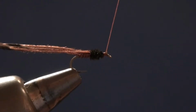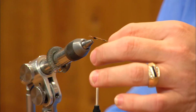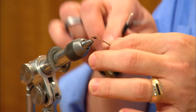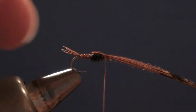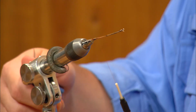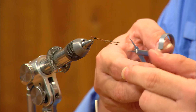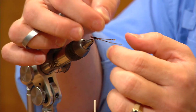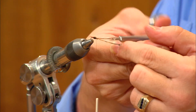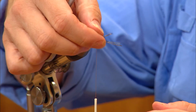I'm going to make just a few turns to anchor everything down there at the front. I'm going to pull my wing case forward with my thread hand and tie it off with a couple turns just up here behind the eye. So we've got our wing case pulled right over the top of the thorax, and we've got our stub end still sticking out the front of the fly. Now at this point we've got these little hooks left on the end of the pheasant tail fibers. I'll usually come in and trim those off,